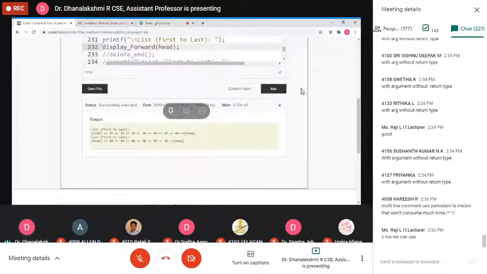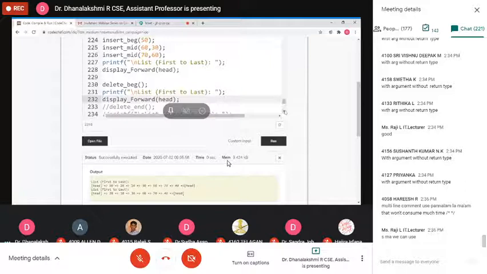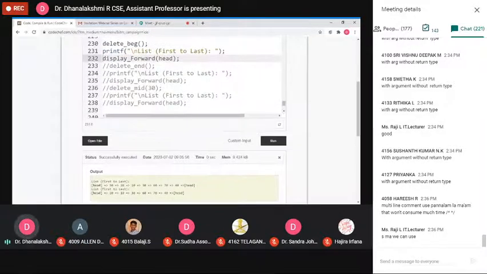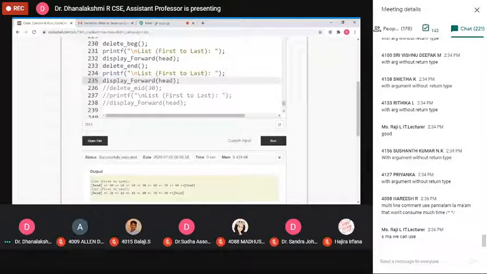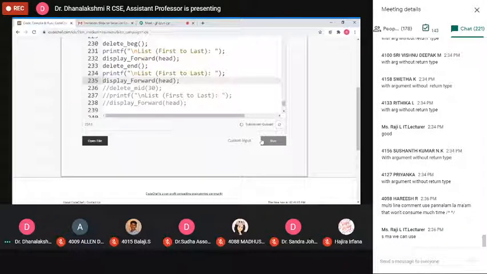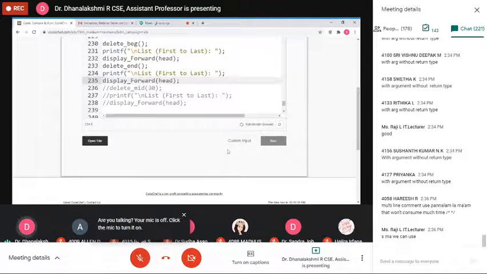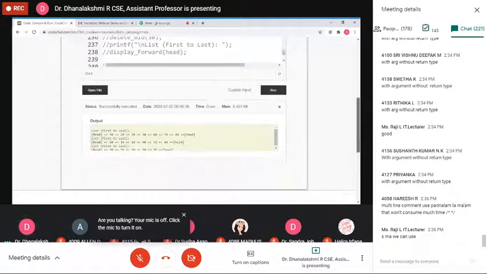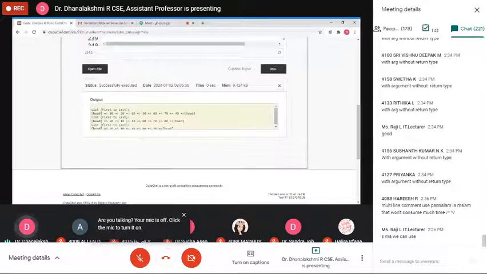Now deletion at the end. Deleting the node at the end position.